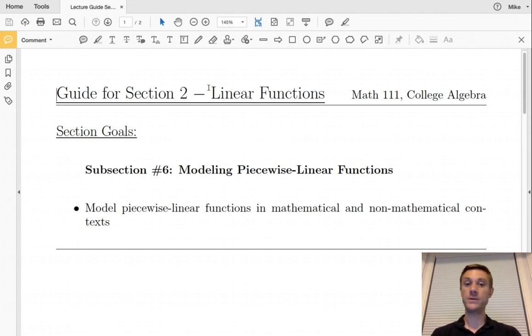So we have been thinking about linear functions the last few sections. We're on the last subsection of there and we're dealing with modeling piecewise linear functions. So that's our one learning objective, to be able to model these kinds of functions. Piecewise and linear are both phrases we've heard before. Piecewise-defined functions we saw in section 1, just in a general sense, and linear functions we've been talking about in section 2, of course. And so piecewise-linear merges those two things: a piecewise-defined function where the individual little pieces